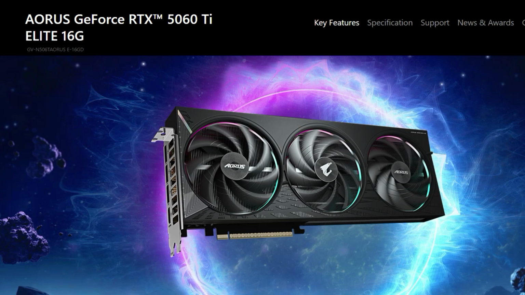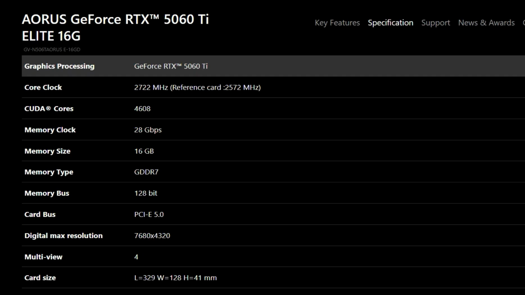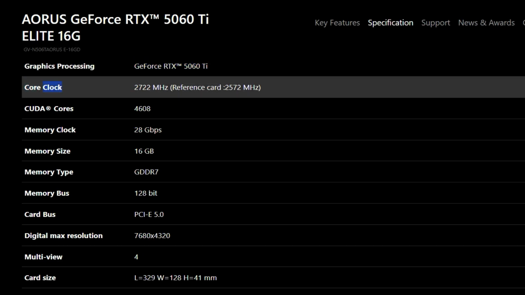So this is Gigabyte graphic card, AORUS RTX 5060 Ti Elite 16G. Let's check the deep specifications of the graphic card. See, this is the socket number, GeForce RTX 5060 Ti. So clock, this is clock speed